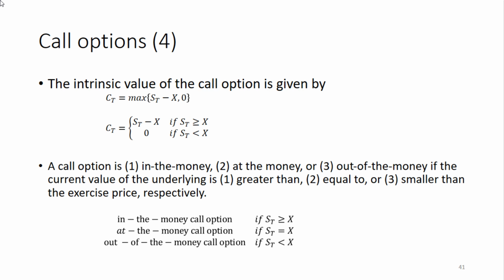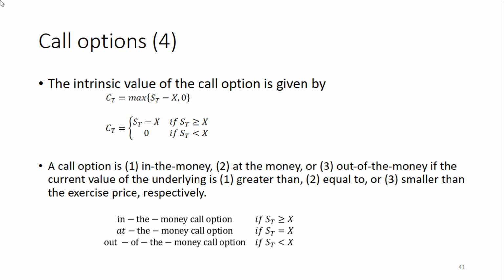So there is a bottom in the value of the call option of 0. That's different from futures and forward contracts, where the value could become negative if you are the holder of a futures or forward contract. With a call option, the value is 0 or higher. So that's the intrinsic value. The intrinsic value is, if I exercise the option, what's then the value? It's positive when the actual price of the underlying share is higher than the exercise price, and otherwise it's 0.